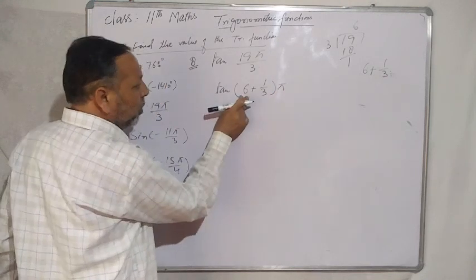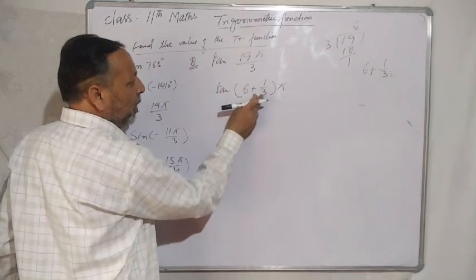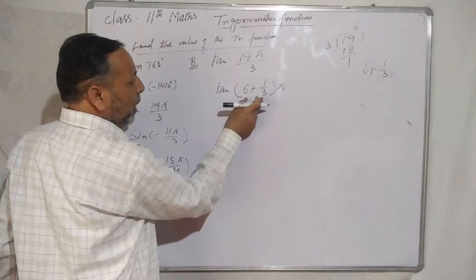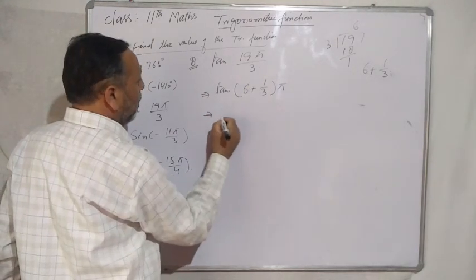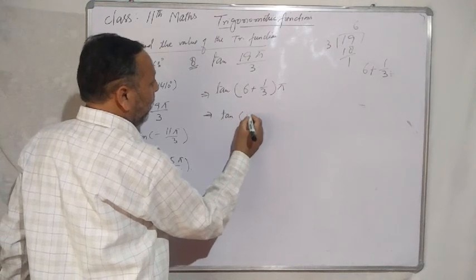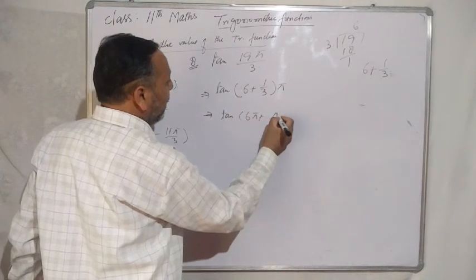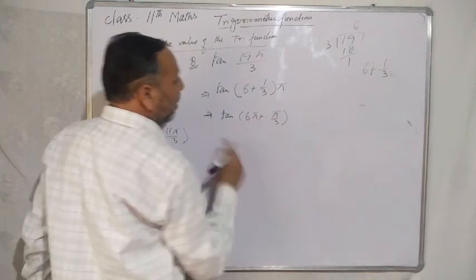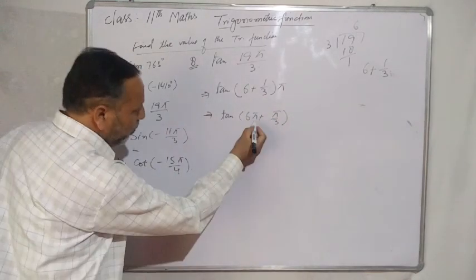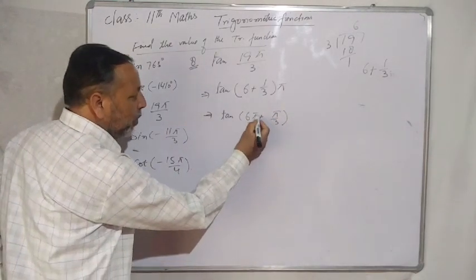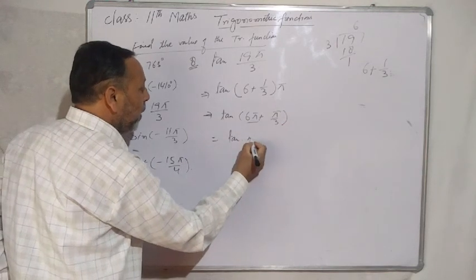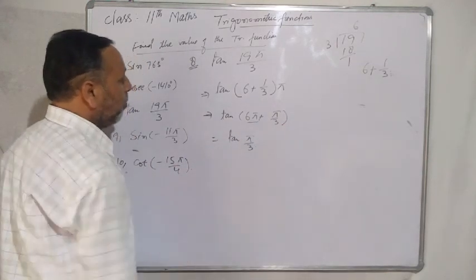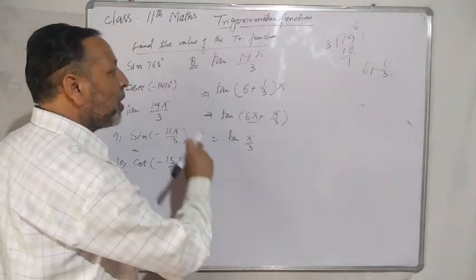अगर मैं यहाँ इसको सॉल्व करूंगा मुझे फिर 19 आएगा। 3 6 is 18, 18 plus 1 19, फिर आया 19 by 3 into pi. So it is tan of 6 pi plus pi by 3. 6 pi plus pi only. फिर यहाँ मुझे पाई का वैल्यू आया, तो ये कन्वर्ट तो होगा ही नहीं। सो इट इज tan पाई बाई 3, tan पाई बाई 3। अब देखता हूँ ये किस क्वाड्रेंट में आएगा।